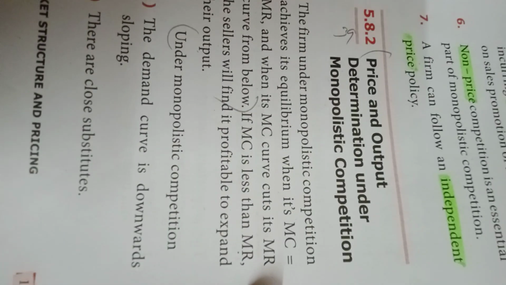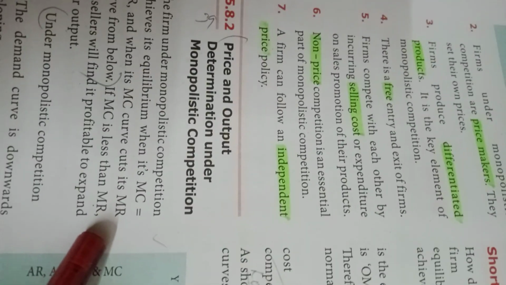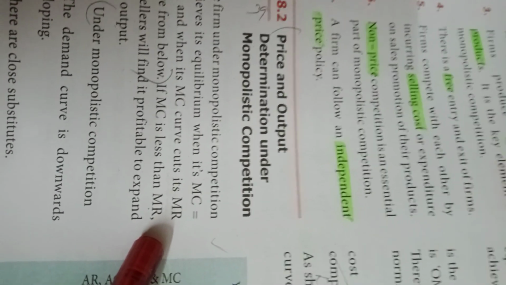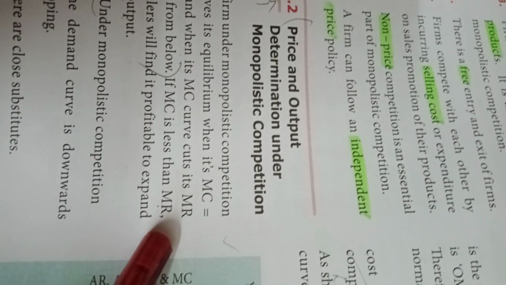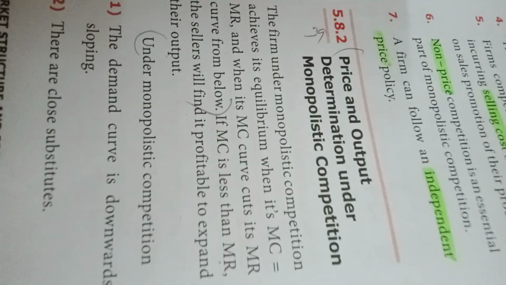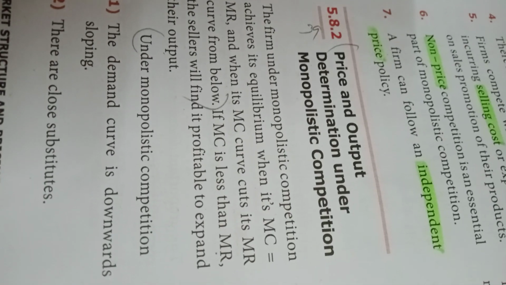A monopolistic competition is a market situation where there are a large number of buyers and sellers. They sell differentiated products. The selling cost and advertisement cost are on the very high side. Each product is priced at a different rate. The firm alone decides the prices, so pricing policy is independent. But the equilibrium price and equilibrium output are determined only based on MR and